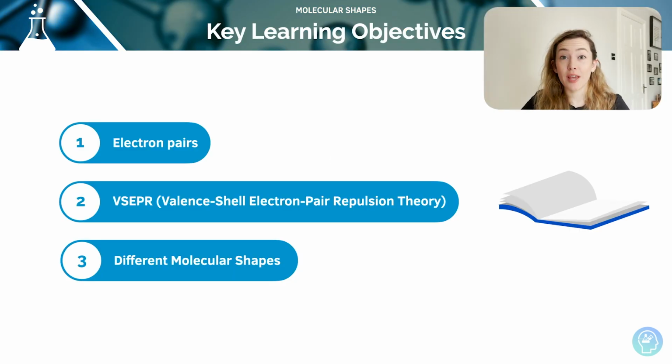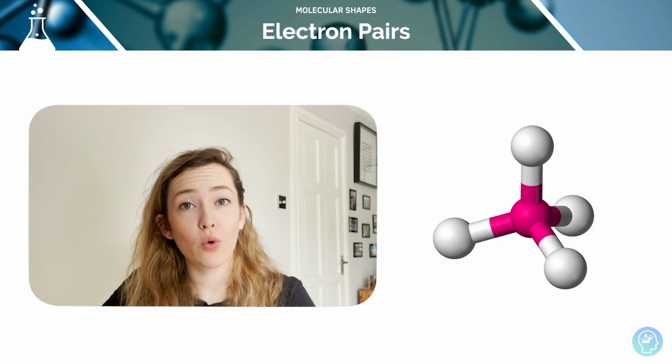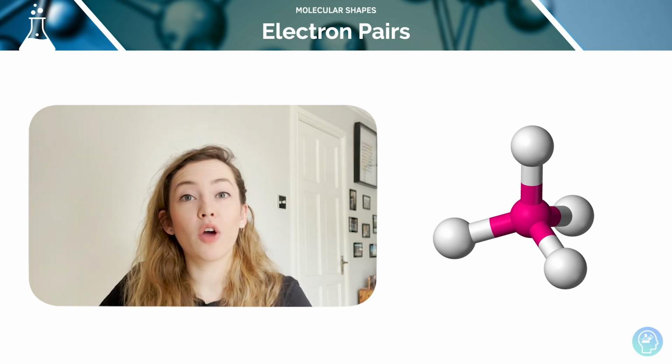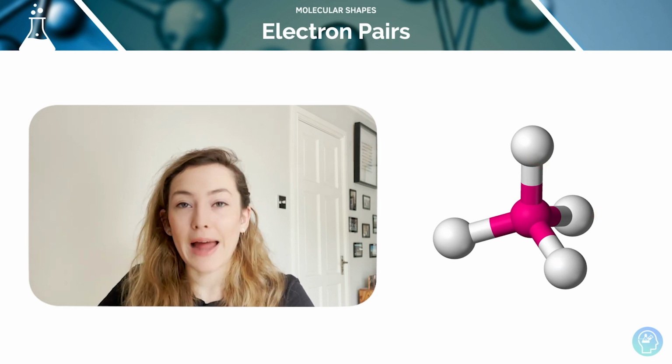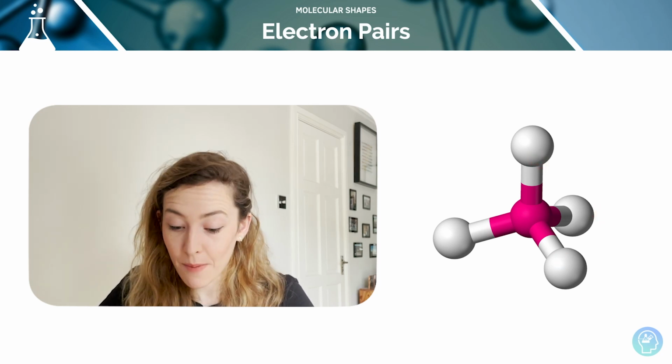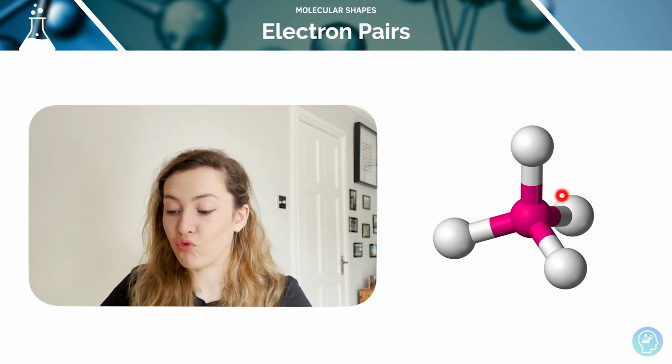So to understand shapes, we need to have a good understanding of electron pairs, our valence shell electron pair repulsion theory, and bringing that together to actually be able to identify the different shapes of molecules that we can have. You'll find in simple molecules that the central atom is going to form covalent bonds with all the other atoms involved in the molecule. And the shape of that molecule is determined by the number of electron pairs in the outermost shell around that